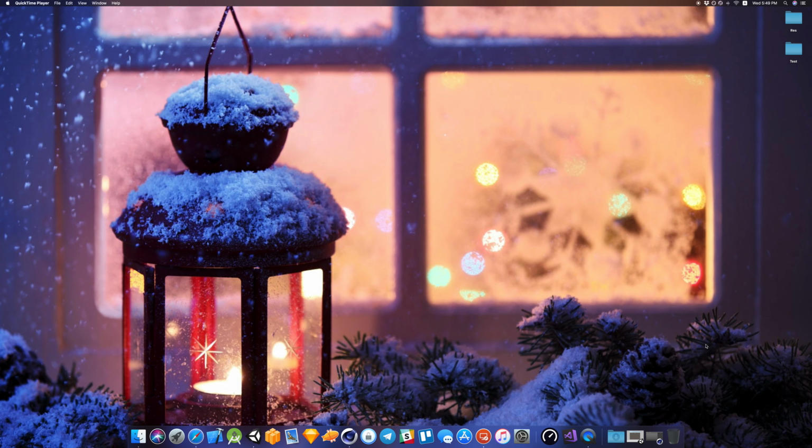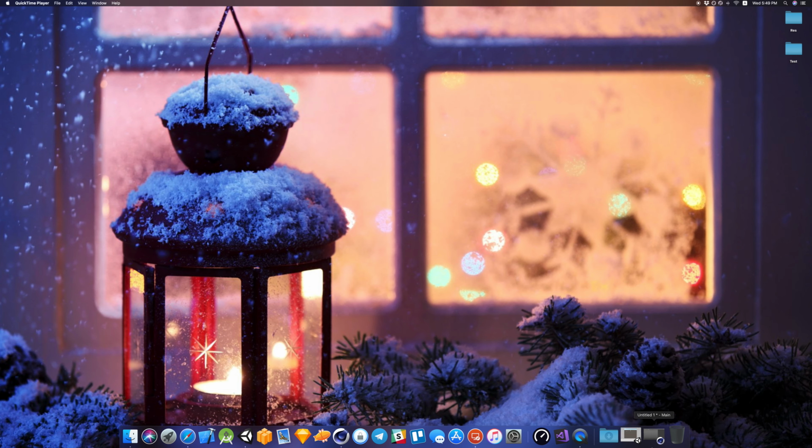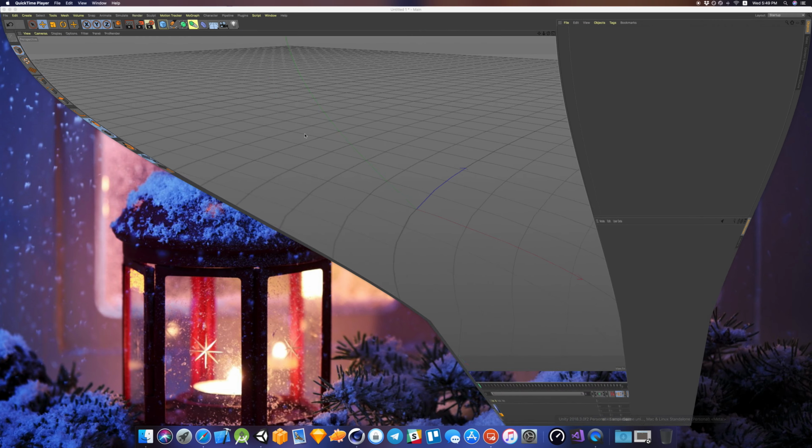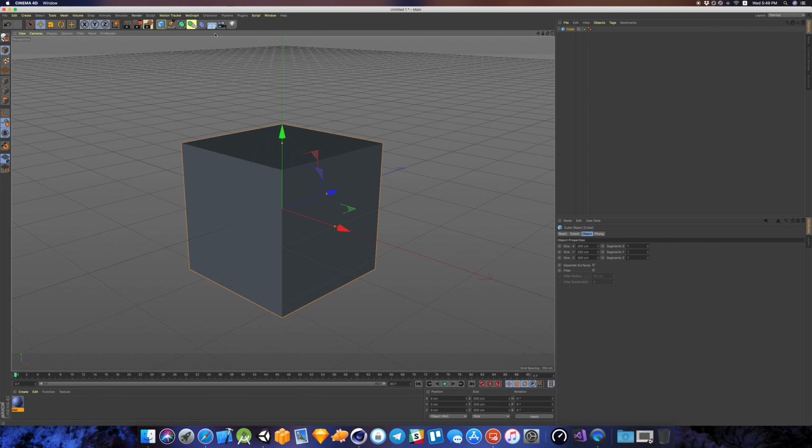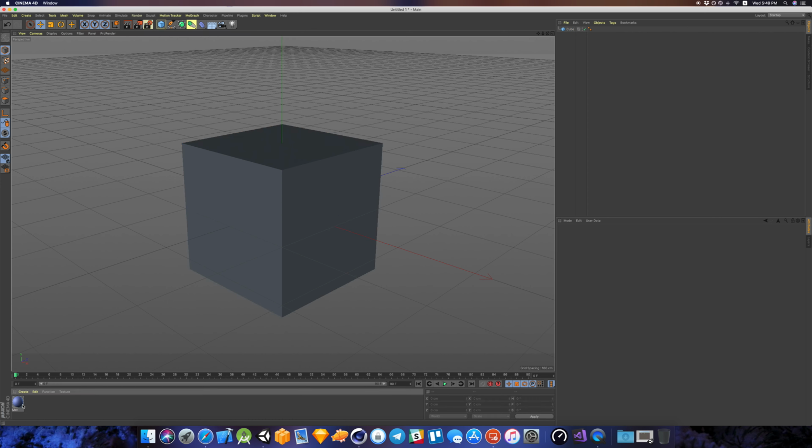Guys, now I'm going to show you how to export your 3D model with a texture from Cinema4D to Unity. So let's open your Cinema4D and let's create a simple shape, like a cube, and